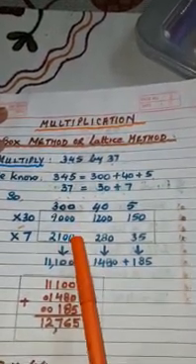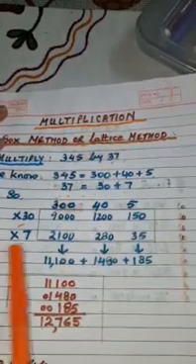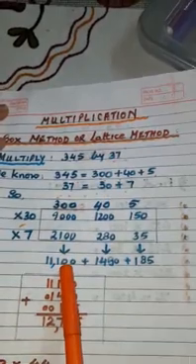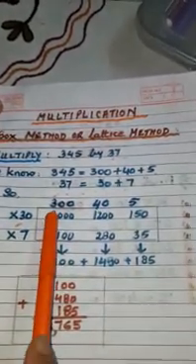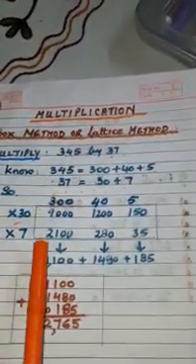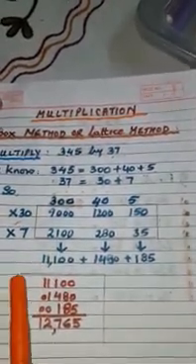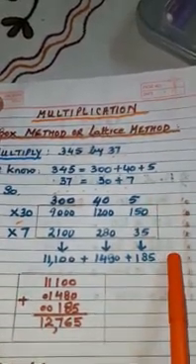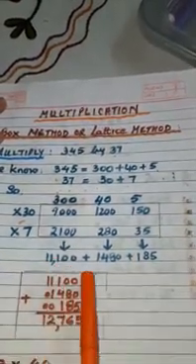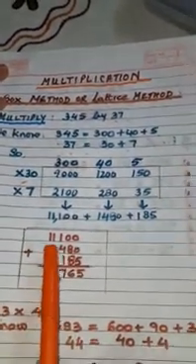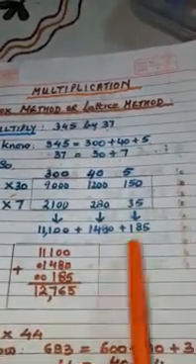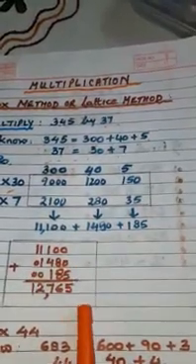Now here is 0 plus 0 is 0. Now next number is, here is also 0, here is also 0. When we add the zeros, what we get? 0. Now 0 plus 1, what we get? 1. Now we are going to add 9 plus 2, 11. So this is the way we added all the columns and got the answer. And what we do? We are going to write all these numbers in a column. That is 11,100, 1,480 and 185. These are the numbers I have written here, nothing else.